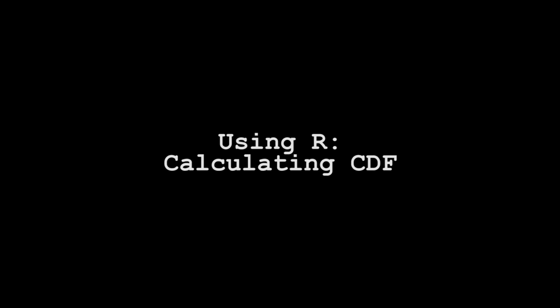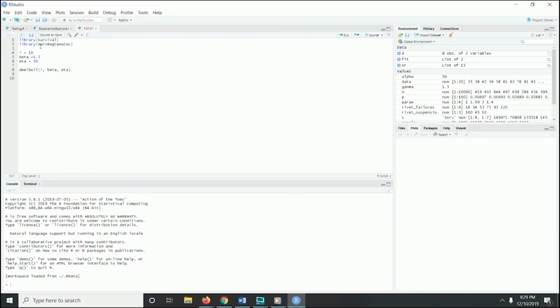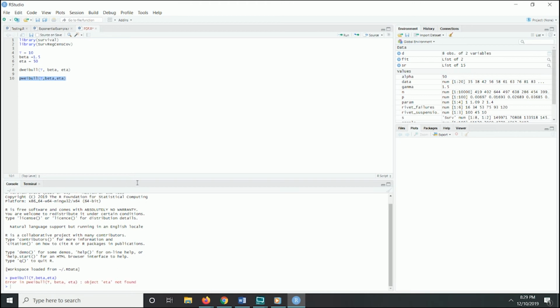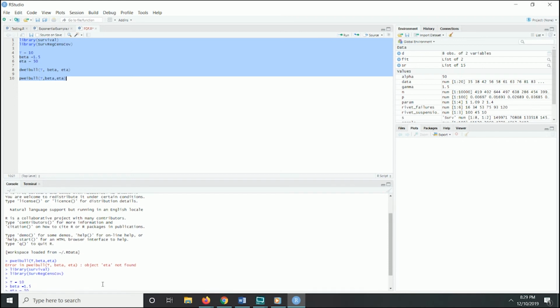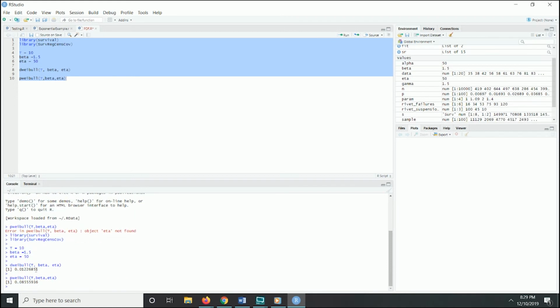So here is our PDF code from last time. Basically, we're just going to do pWeibull, with our same parameters, which are t, beta, and eta. If you don't remember what those are, t is our sample size, beta is our shape parameter, and eta is our scale parameter. We just need to run this, and that will calculate the sample size. If we run this all together, we should get not only our PDF, but also our CDF, which is